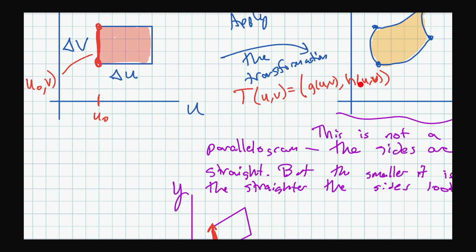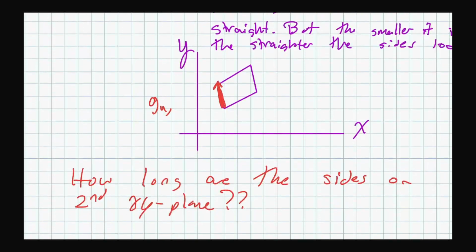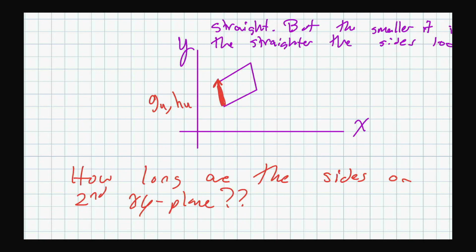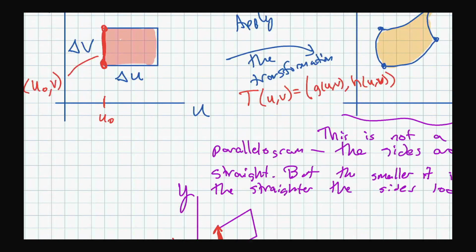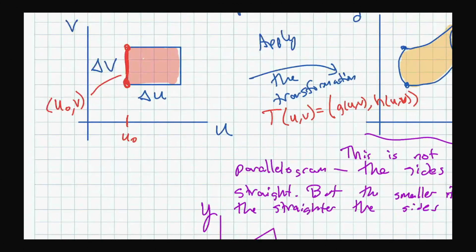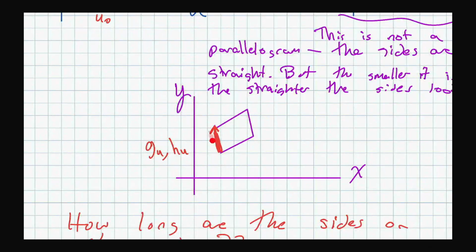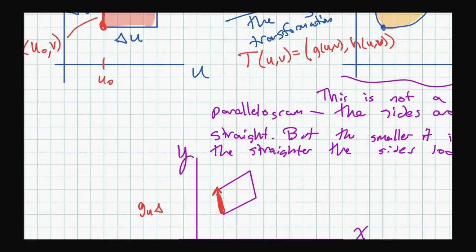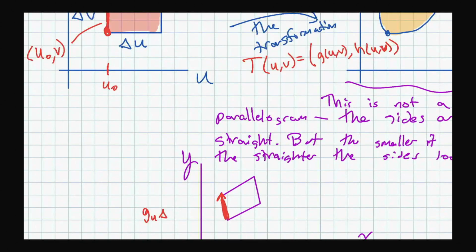The y component here, take the derivative with respect to u, which is going to be hu. And then obviously the longer this side is, right? If you make this twice as long, wouldn't that make this twice as long? Yes, it would. So the way this is related to this is also with g of u, and then whatever that delta v is. Wait,